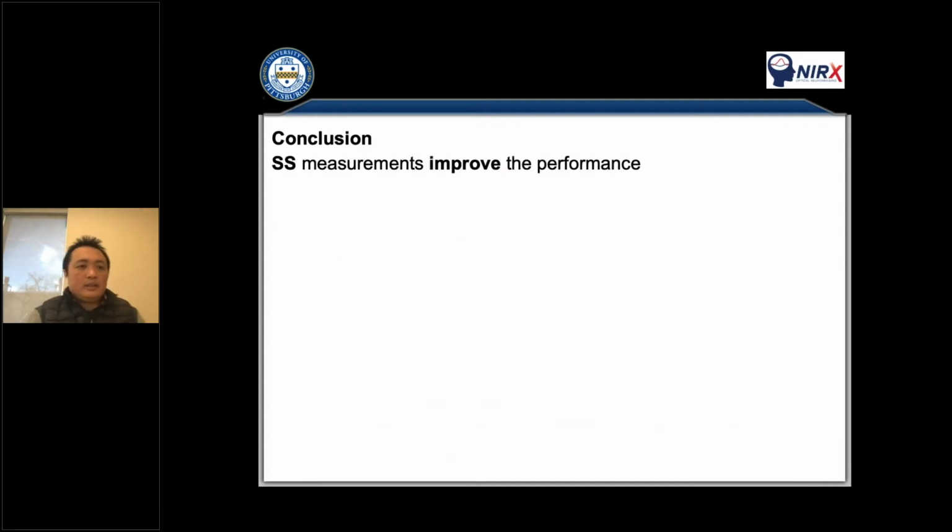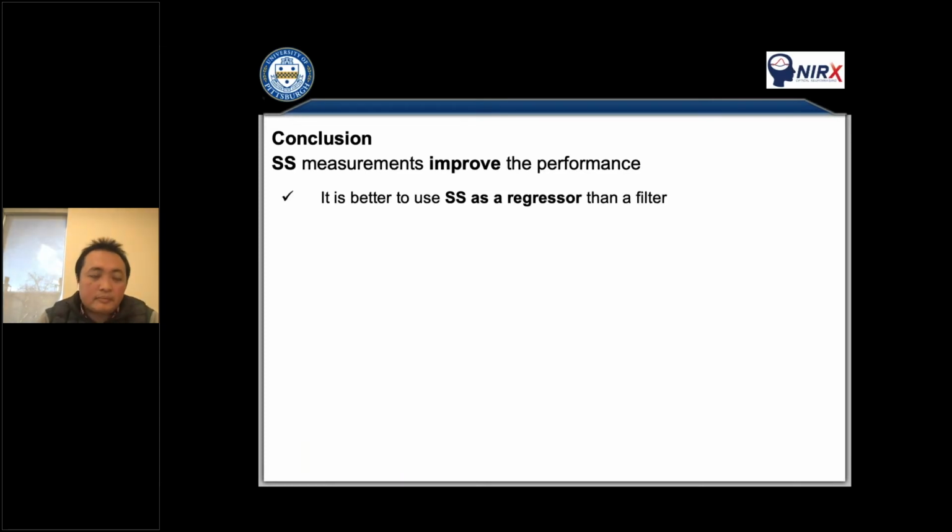So the conclusion is that short separation measurements improve the performance. It is better to use short separation as regression than as a filter. Mostly in the literature, when people first learned about short separation, they mostly used it as a pre-filter, but in this study we saw that it is better to use short separation as regression.